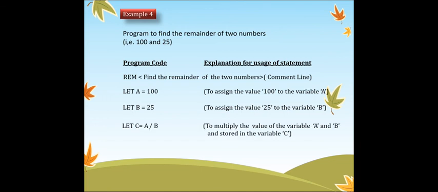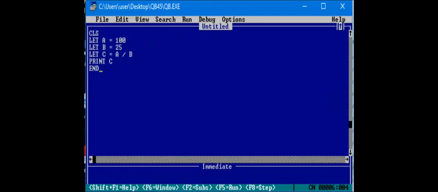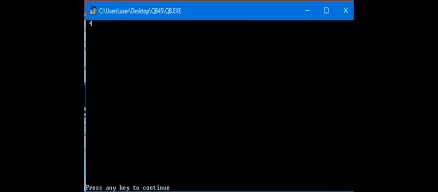Third line, to find the remainder of a and b and store it in the variable c. Next, to display the value of variable c as a result, that is PRINT c, at last END, to end the program. Let us write one program in QBasic again to find out the remainder, and this is the answer, 4.